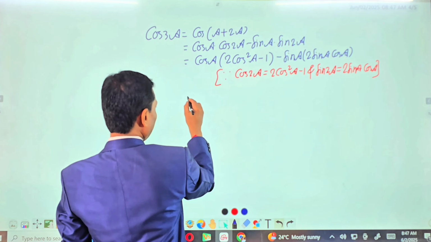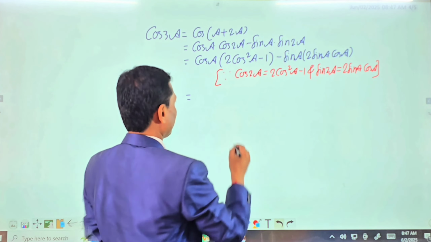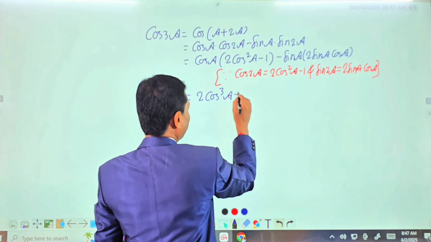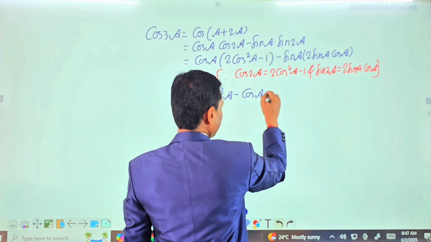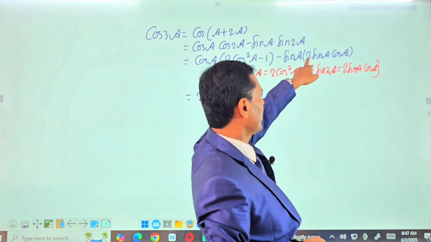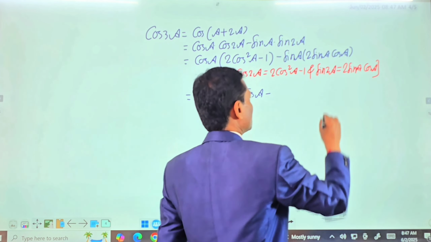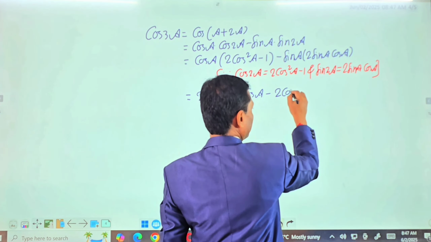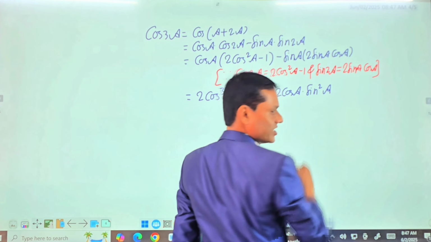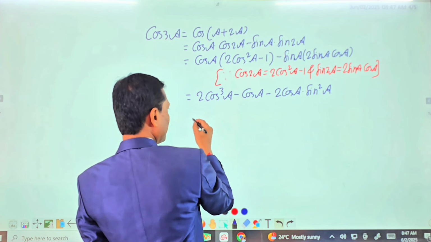Moving forward, we have here, just open the bracket. So we can write here 2 cos cube a minus cos a minus here sin a into sin a gives us 2 sin square a, and then we have here cos a. So we can write here 2 cos a dot sin square a, isn't it? And after that,